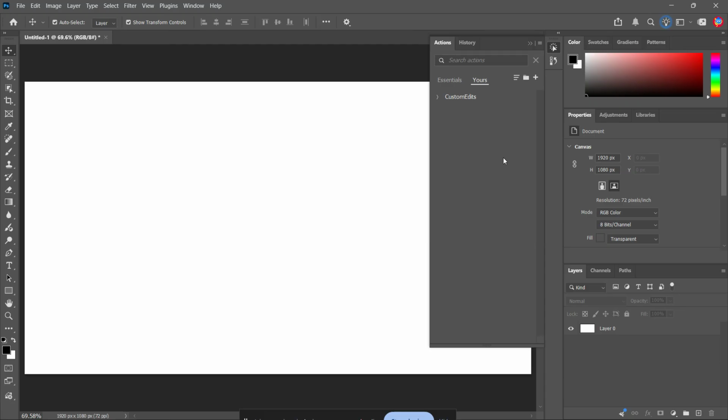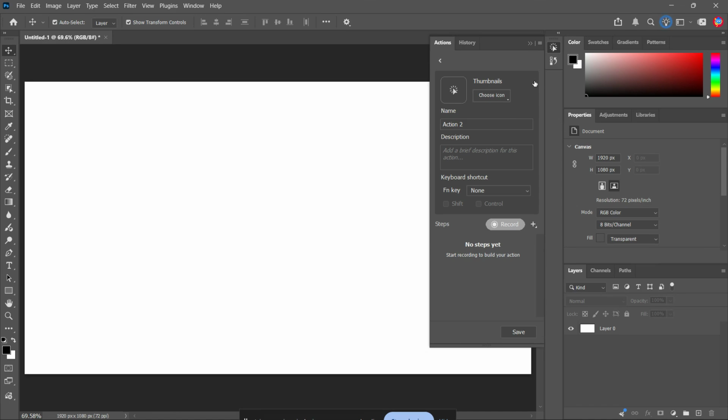At the bottom of the Actions panel, click the plus icon to create a brand new action. Give it a clear name like Add Logo and Save. Then click Record. You'll know it's recording because the red recording light is now on. From this point forward, every step you do will be saved into the action, so try to follow the process